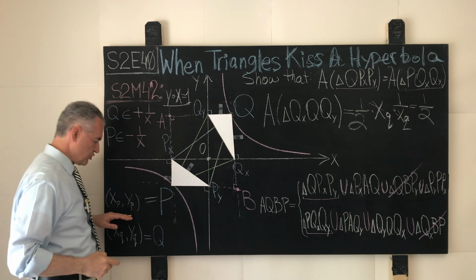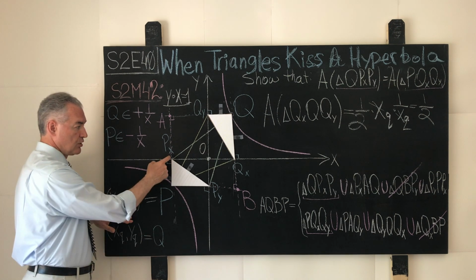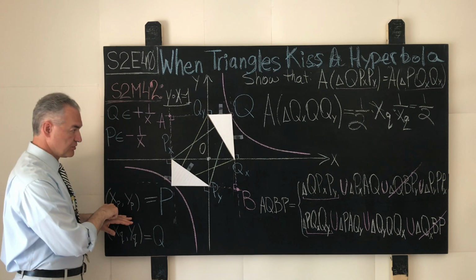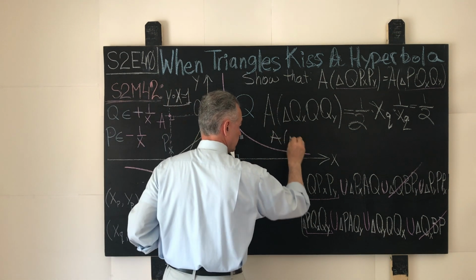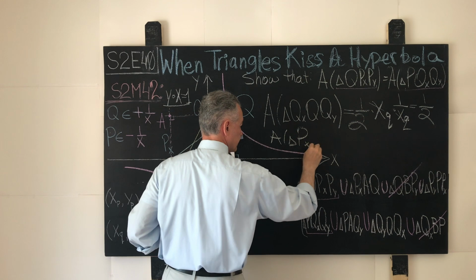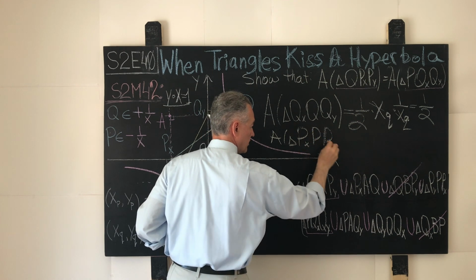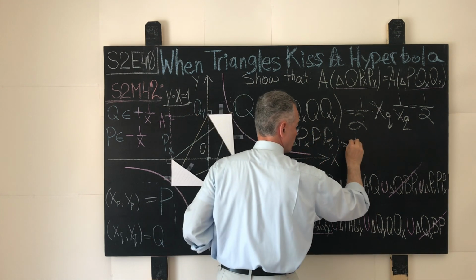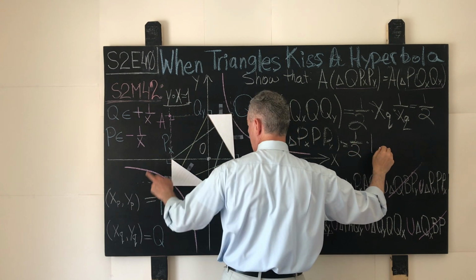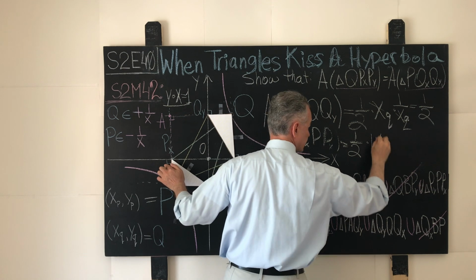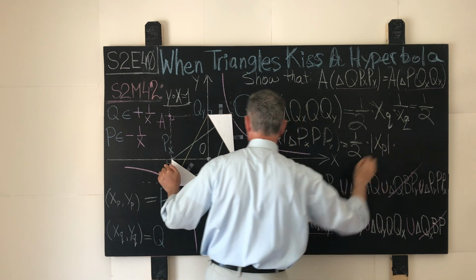And in terms of the locally available material, this point corresponds to xp. So the area of the triangle PXPPY is 1/2 times the absolute value of the coordinate xp times